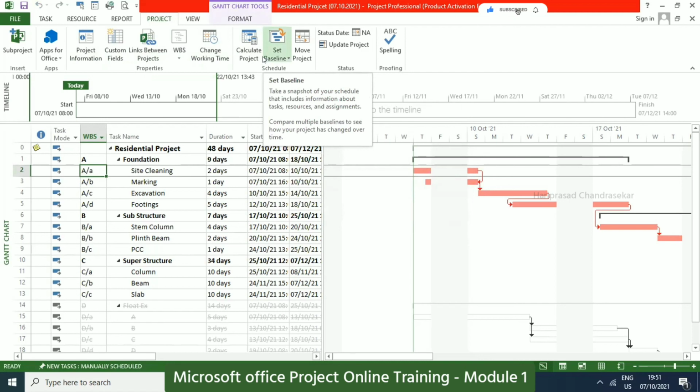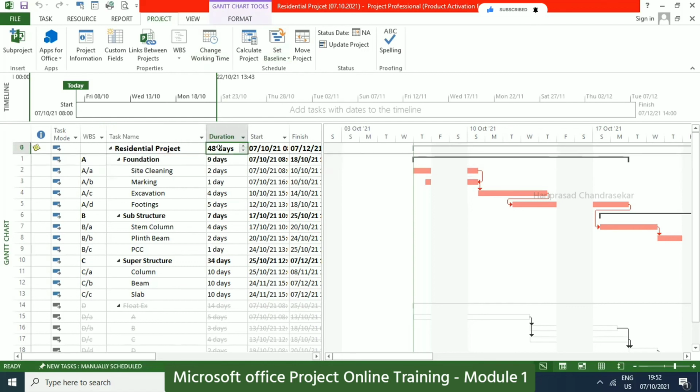But sir, I have one question. For example, you created the residential project. That is our project now. Can you just write the days there? For example, if you know the duration of that project, let's say 84 days, can you write it immediately, or do you have to do the subtasks? No, here you can't put anything. This is coming automatically based on the subtasks. We can't write in that.